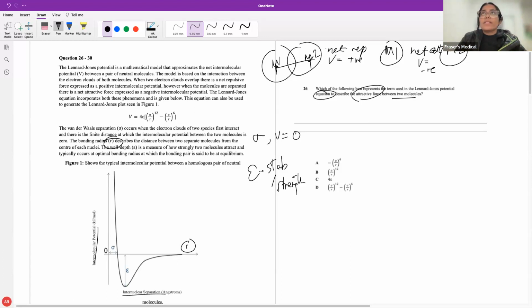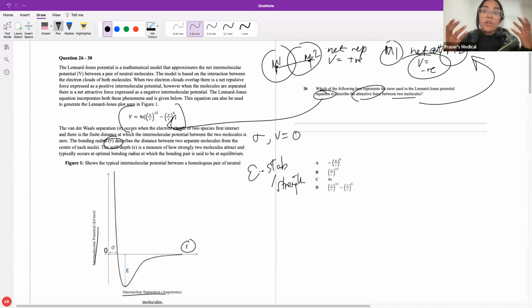Okay, so what have I written down that's linked to it? Well, I've talked about attractive forces here. I know that when my net force is attractive, my potential has to be negative. So this is linking it to the equation. Therefore, I have to look at what part of the equation is negative, because whatever part's negative is going to be indicative of an attractive force. I can see that the only negative thing naturally is this part here. So this part of the equation simulates an attractive force. Therefore, the answer should be A. Okay, and I'll move on.